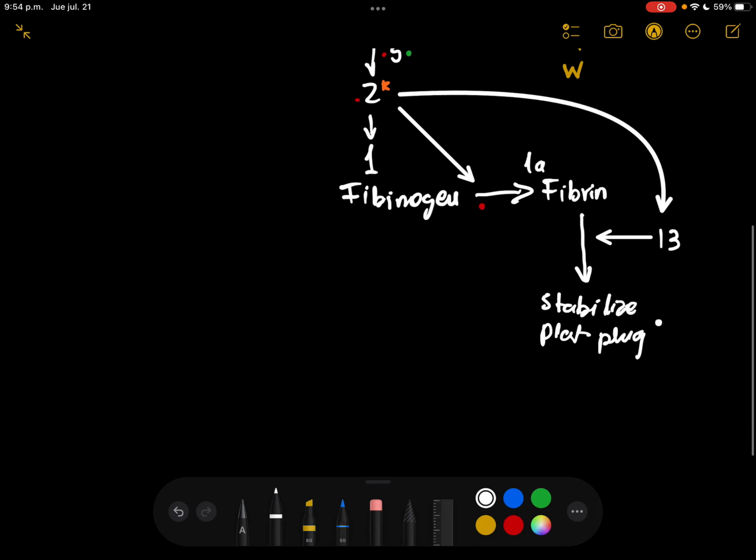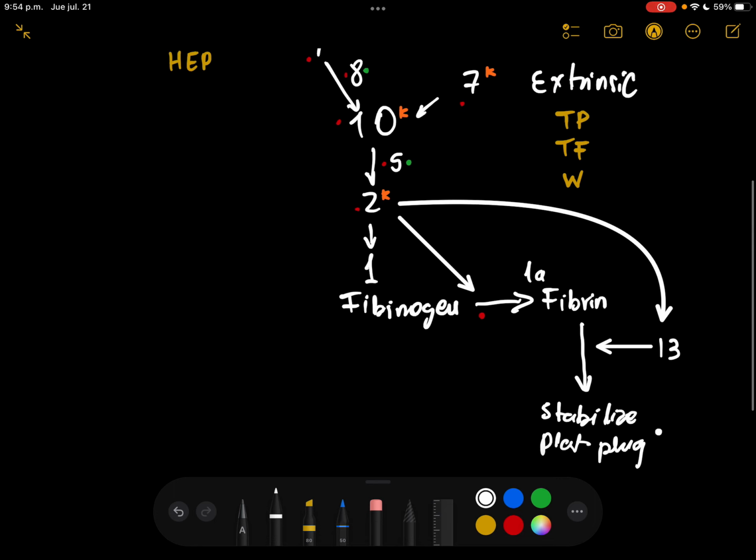and now we make hemostasis. We stop the bleeding and we control the problem. Okay,